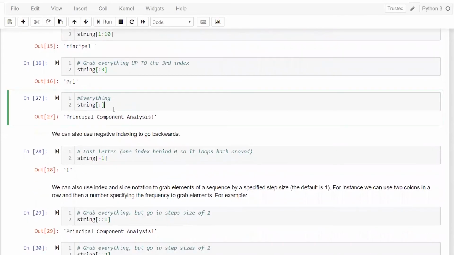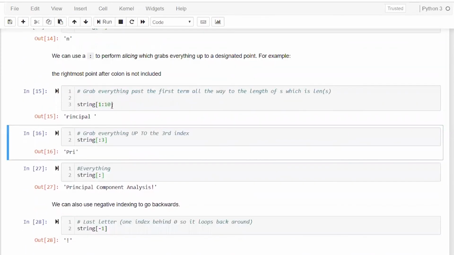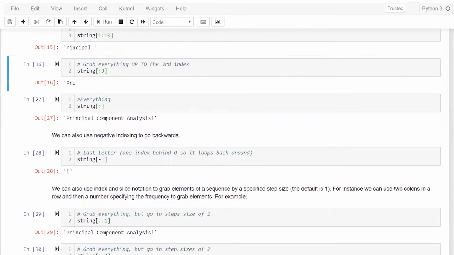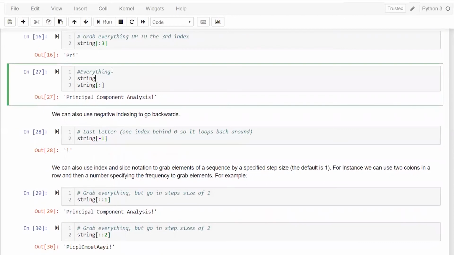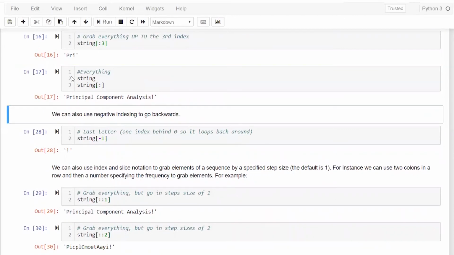Now let's say we want to print everything. We can simply do string, or we can also simply put a colon. So we do not provide a starting point, neither the ending point. That tells Python to extract the whole string. I am printing everything here, so string and the colon version both give me the same thing.